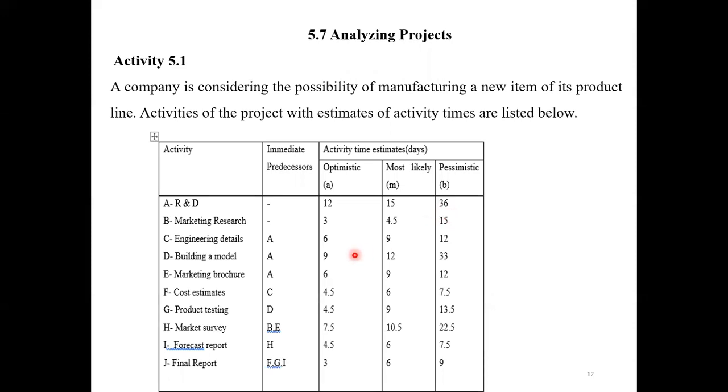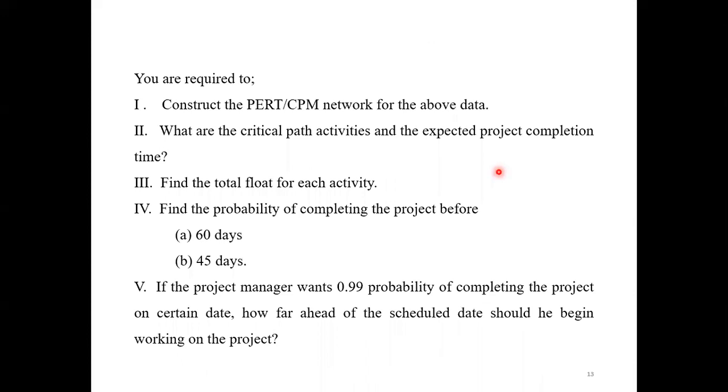So here you can observe like this. This is the average time in the middle. Here are lesser times than this one, and this is the higher time than the most likely time. So this is estimated. Now what can we do? We know the formula. This is the question about the project. When we draw the network diagram, we first have to calculate the average time estimates.